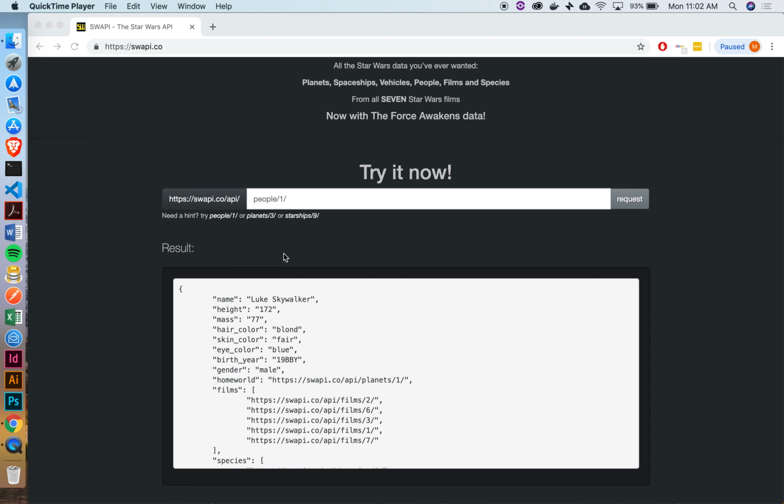The reason why this is great is because this person has opened up a whole bunch of information for us that we don't have to store on our own server or in any other place, really. What we can do is make individual calls to this particular API and retrieve information on the fly